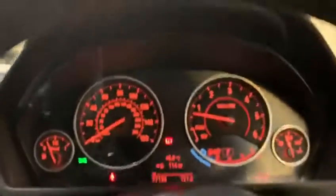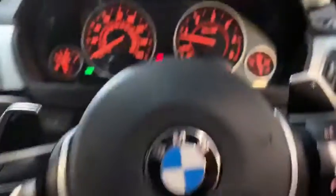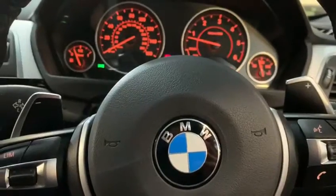The vehicle itself has covered just over 77,000 miles. However, it looks as good as when it left the factory. It's in really exceptional good condition, which is helped by the fact that it does have full BMW service history,